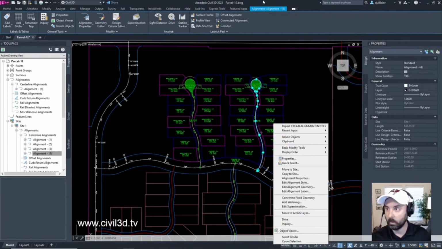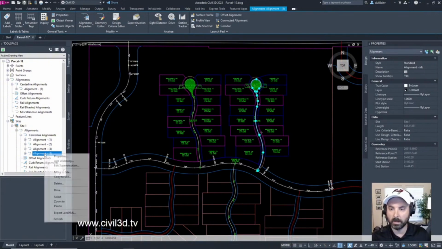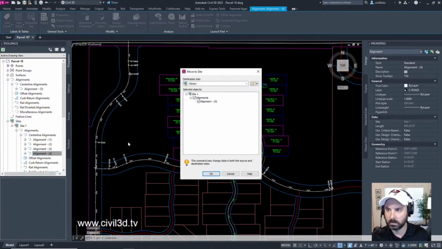We can go about it that way, or we can go about it this way by right-clicking, move to site. We get our move to site dialog box. Destination site, it looks like it's already set to none. Looks like that's the only option that we have for a destination site. Then we're going to click OK.